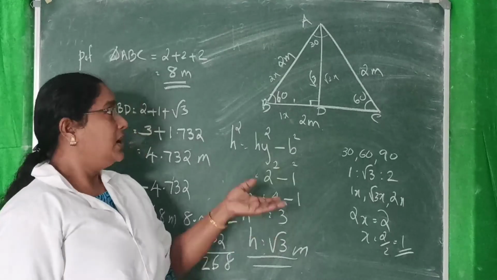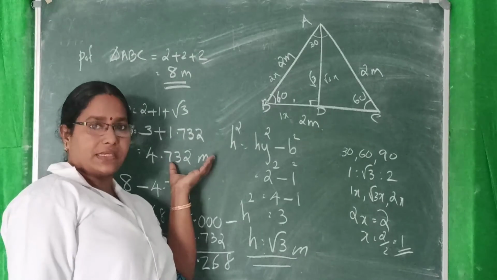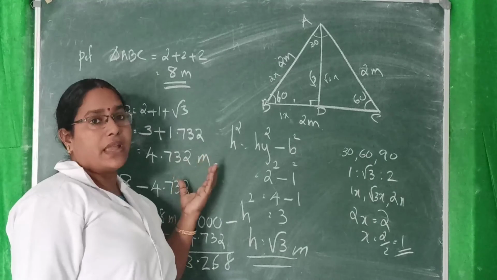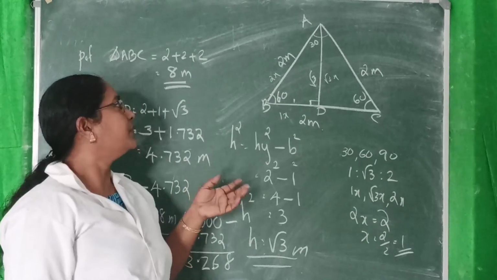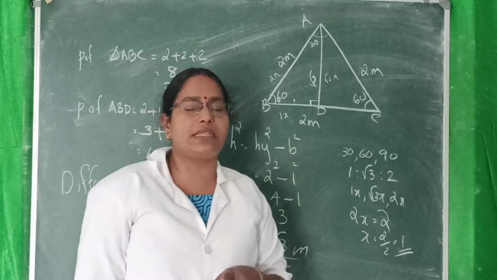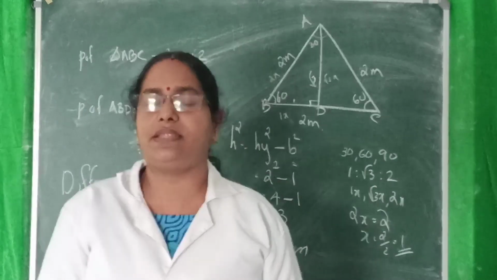The second question is to find the perimeter difference between the whole triangle and the perimeter of the part of the triangle. Perimeter means total distance covered. Therefore adding all sides, we get